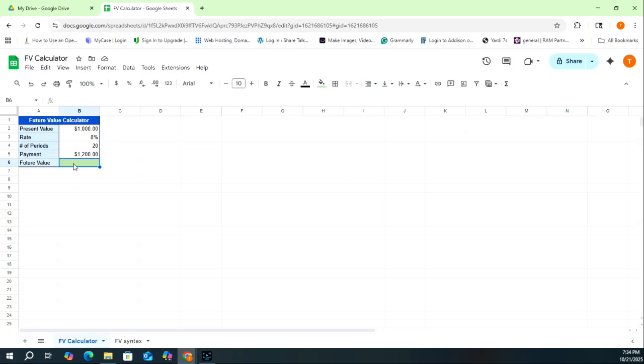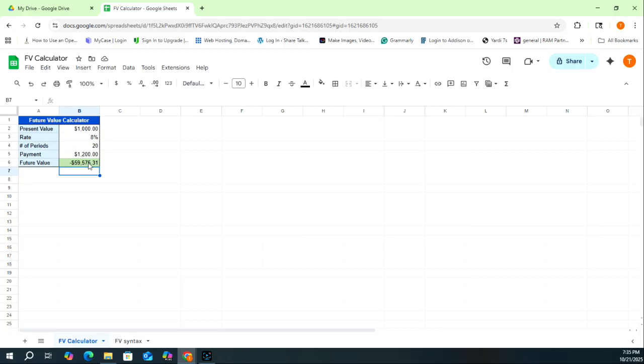What I'm going to do is use the future value function. I'm going to hit enter. I'm going to type in FV parentheses, and the syntax, we need the rate, which is here, 8%. I'm going to lock that in place, comma, the number of periods, which is here, 20. Lock that in place, F4, the payment amount, which is here, and then I'm going to lock that in place. And next, what I need is the present value, and that is here, the $1,000, our initial investment. I'm going to lock that in place, F4, close parentheses, and the future value would be, it's showing negative